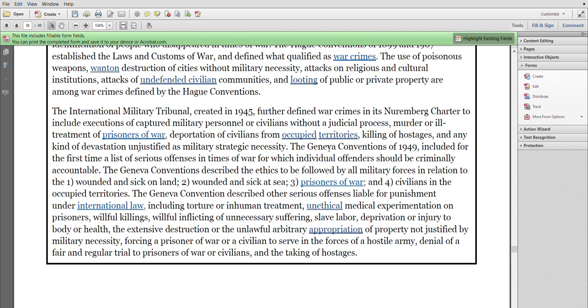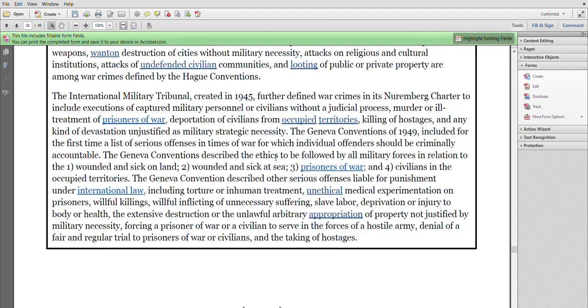The Geneva Conventions of 1949 included for the first time a list of serious offenses in times of war for which individual offenders should be criminally accountable. The Geneva Conventions describe the ethics to be followed by all military forces in relation to the: 1. Wounded and sick on land, 2. Wounded and sick at sea, 3. Prisoners of war, and